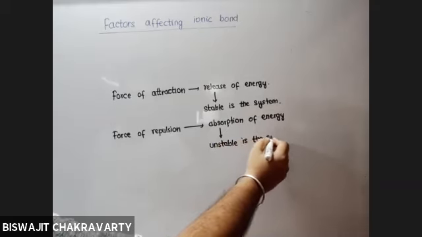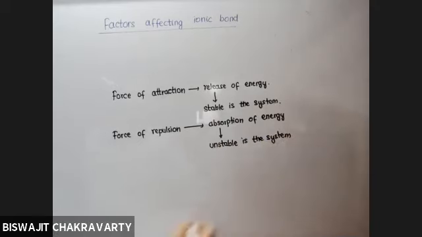So these are the simple rules that need to be taken care of: whenever there is combination, there is attraction, there will be release of energy, and the system will be left with less amount of energy, and the system will be more stable. But when there is force of repulsion, which exists between like charges, plus and plus or minus and minus, they never combine with each other, because if somehow you force them to combine, they will repel each other. And wherever there is force of repulsion, there will be increase of energy. And wherever there is increase of energy, the system will become unstable.